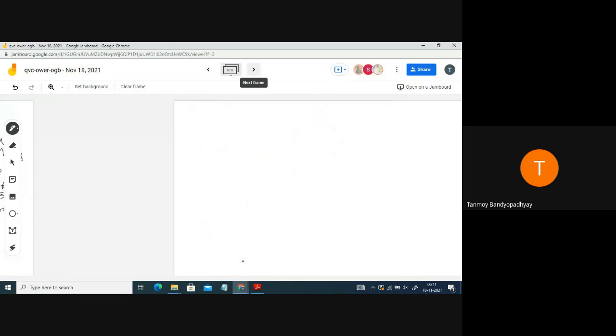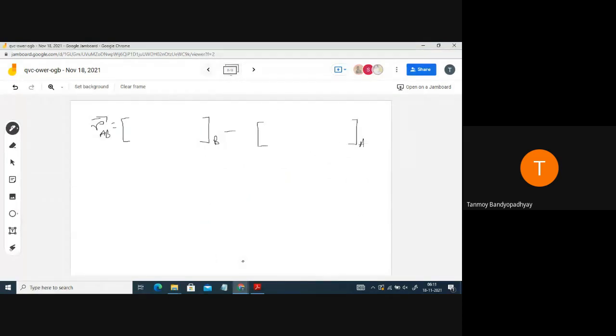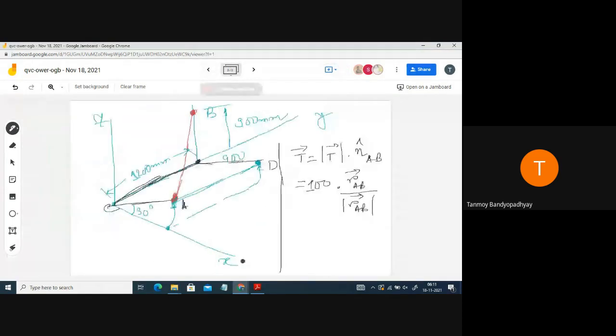What will be the position vector r_AB? For that you have to write down the coordinates of the point B and subtract the coordinates of the point A. So what are the coordinates of the point B? We have to choose one point as the origin. In this problem, this point C itself is given as the origin, so no need to worry.